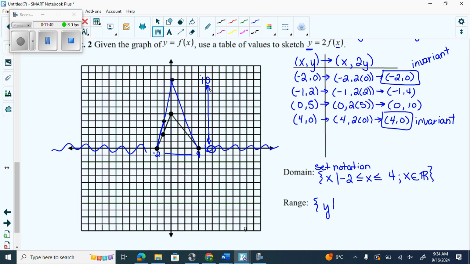So we're going to go 0, 10, y in between. Y is greater than or equal to 0. Y is less than or equal to 10. And are they connected? Y is an element of the reals. So that's set notation. Once you get calculus, set notation goes out the window. So then we do interval. So interval notation, I think, is the easiest